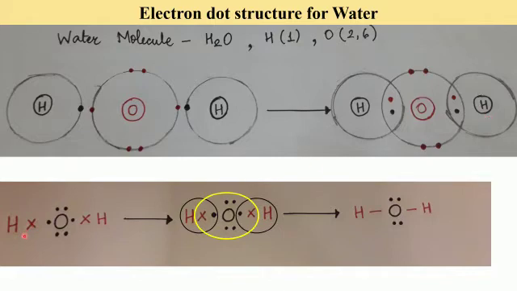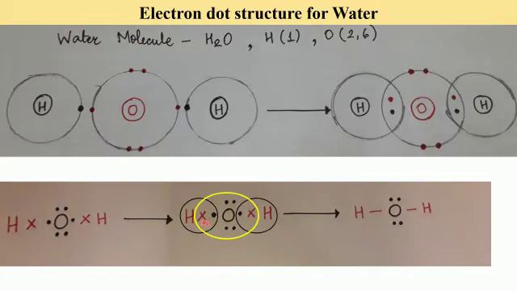Let us see with the help of dot and cross. Now we can indicate the electrons that are present in the outermost shell of one of the atoms with a cross. So here we have selected the electron in the hydrogen as cross. So one cross means one electron here. Electrons in the valence shell of oxygen have been shown with the help of dots. So 6 dots have been shown. Again hydrogen cross has been shown to indicate the electron.